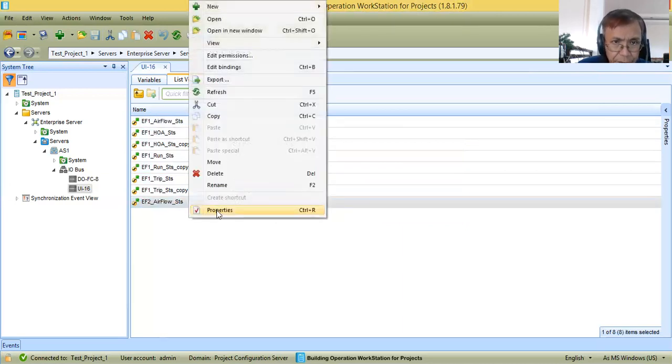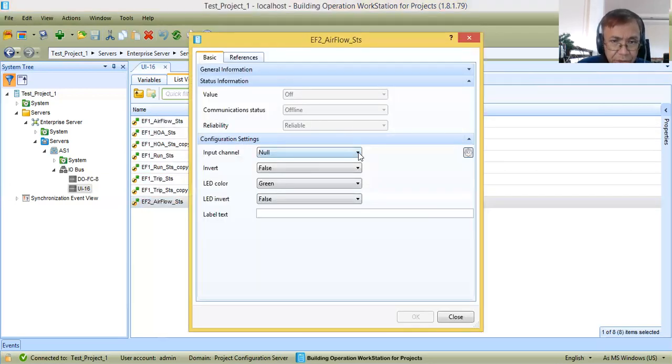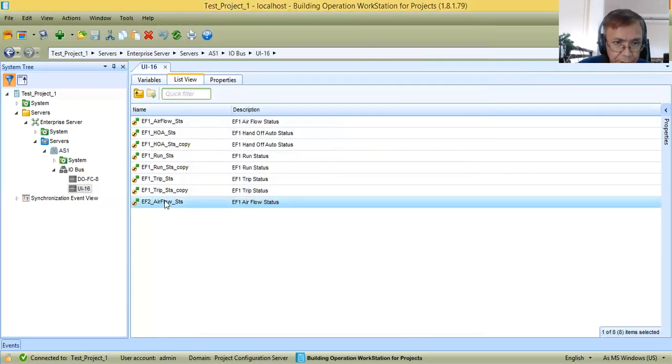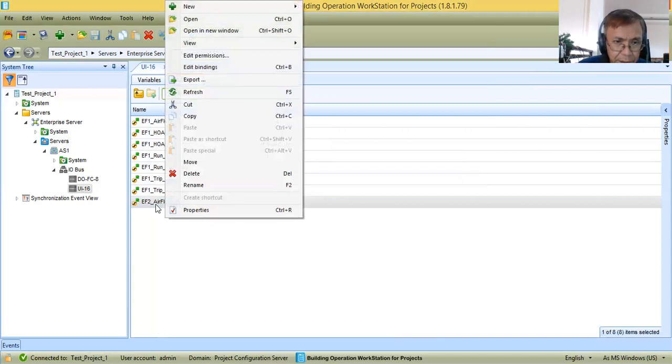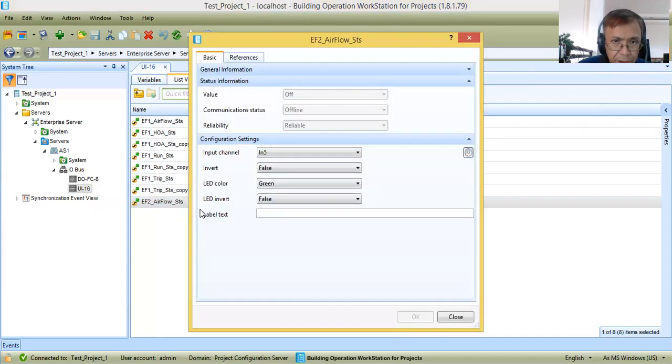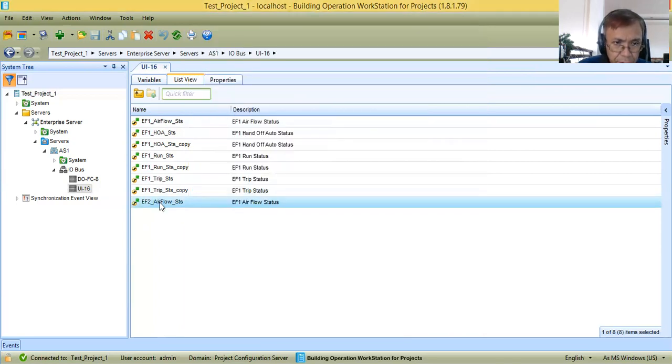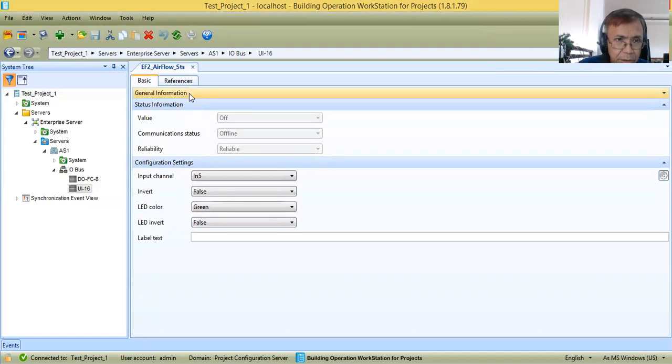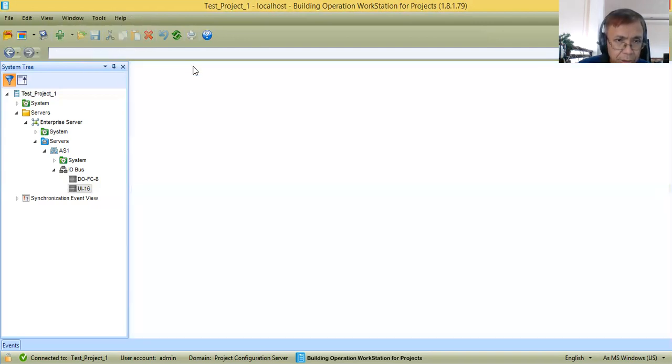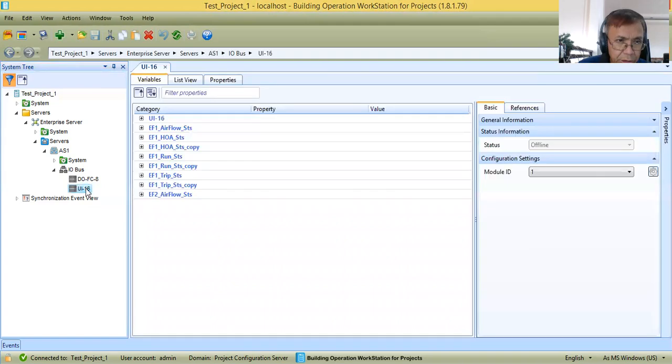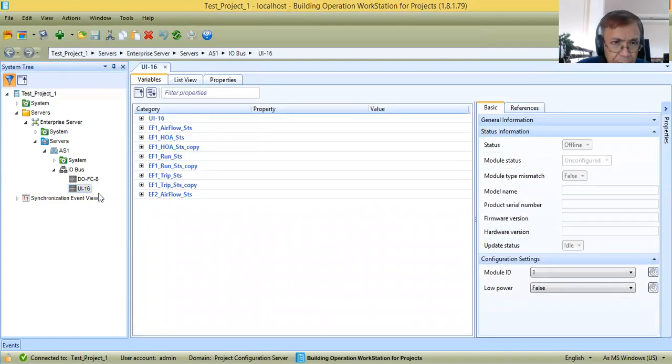Then I will check the properties, and change this to 5. Okay. Let me check EF2.